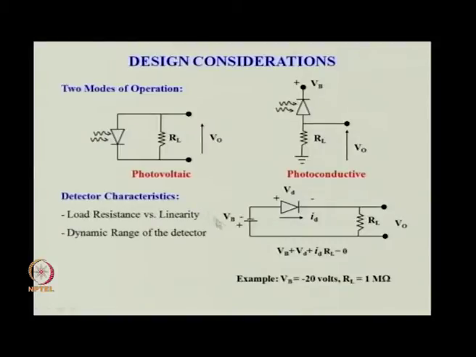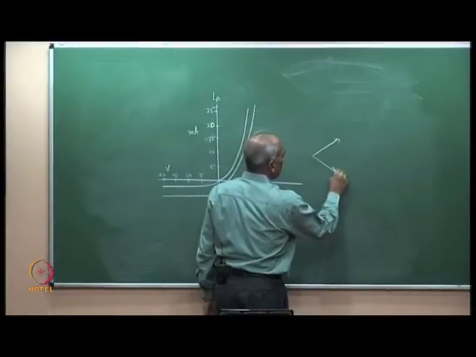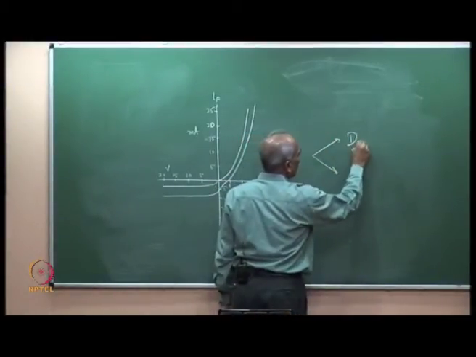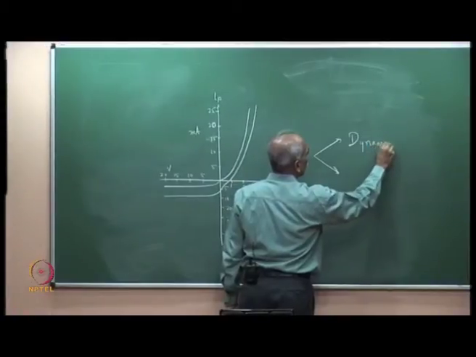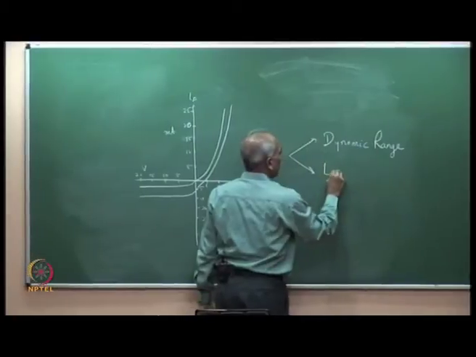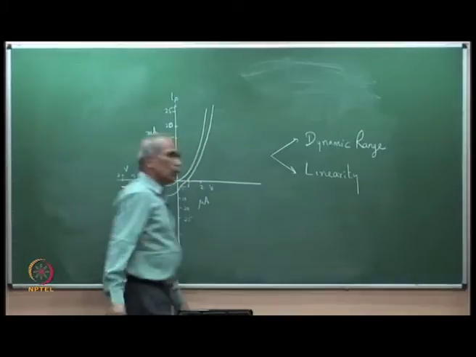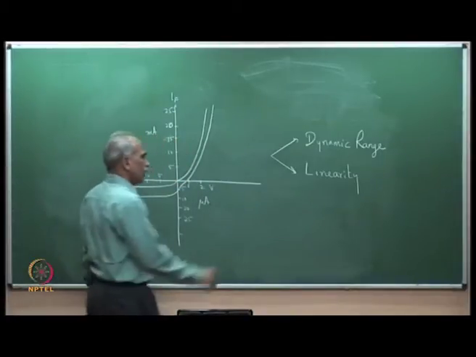So, the detector characteristics, these are the two important detector characteristics. If you plot load resistance versus linearity, a detector requires two things. When you use a detector, you look for two aspects. One is dynamic range and linearity. What does linearity mean? Linearity means